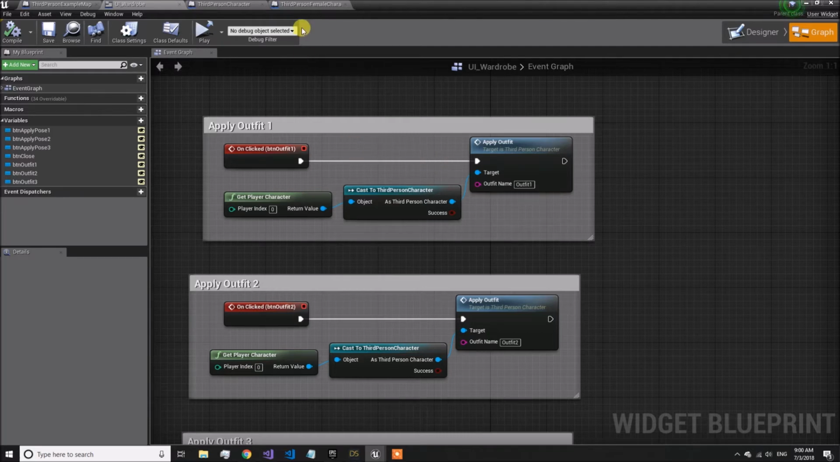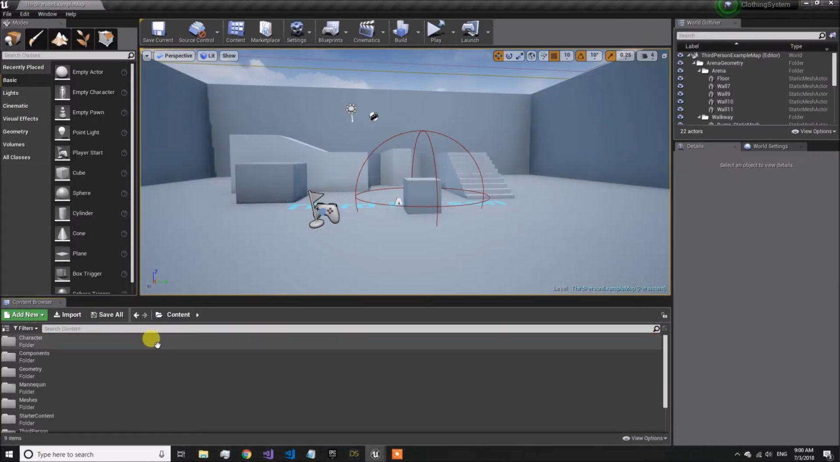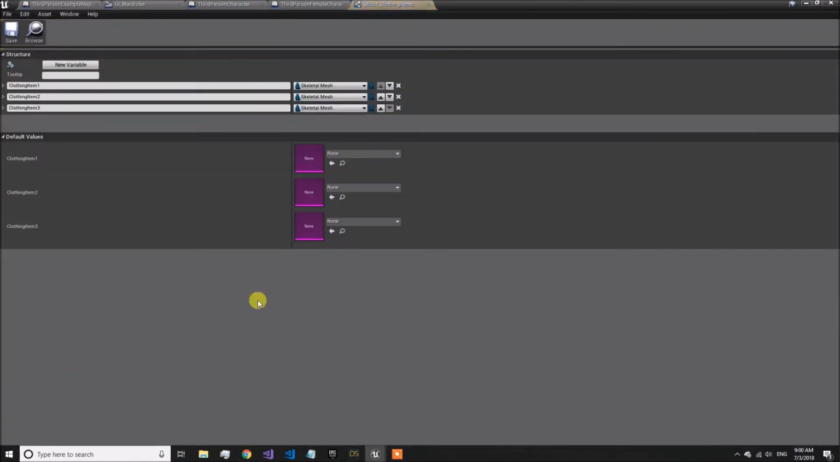Okay, I can also show you the structure for the clothing items. Now this structure simply contains 3 properties, and these properties are named clothing item 1, 2 and 3, and they are of the type skeletal mesh. Oh yeah, I think I need to get back to the